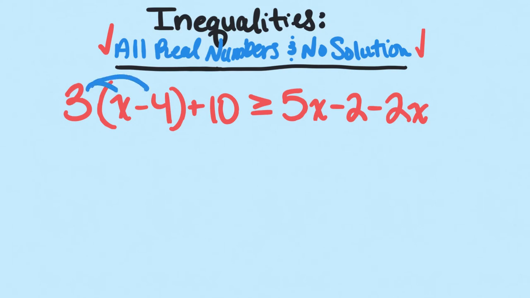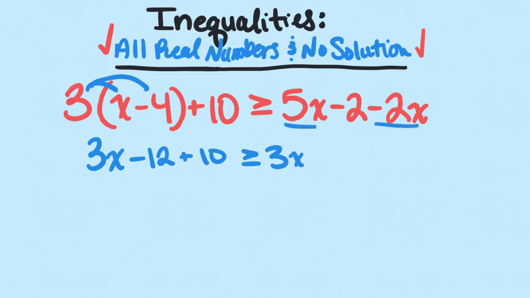So let me distribute my 3. So we get 3x minus 12 plus 10, and that is greater than or equal to, well, 5x minus 2x is going to give us 3x minus 2. All right, so one more thing I see that I can do on the left side is I can combine my like terms. So that's going to become 3x minus 2 on the left side. So let me just rewrite my left side real quick to get